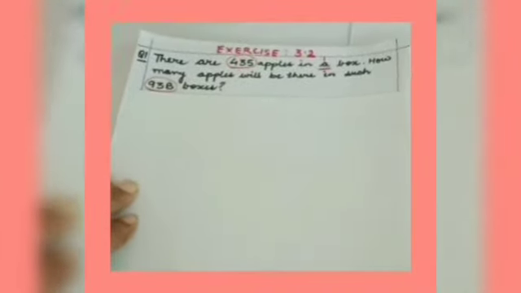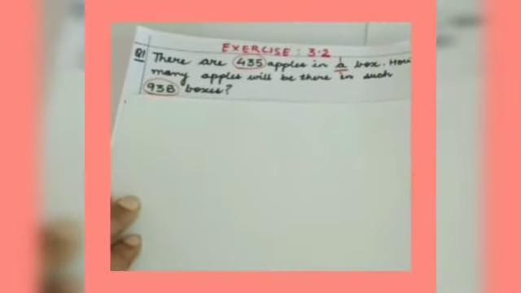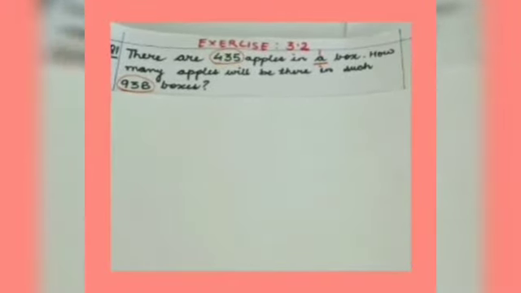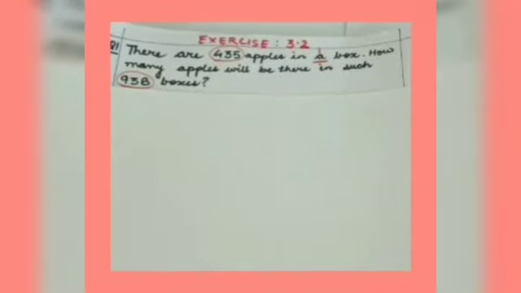Now children, let us start with word problems on multiplication, which is your exercise 3.2. We will again follow the same procedure for solving the statement sums as we did earlier. Firstly, we will underline the question or understand the question being asked in the problem. We will find the relevant information which has been given, and then we will evaluate which basic mathematical operation needs to be used for solving this sum.